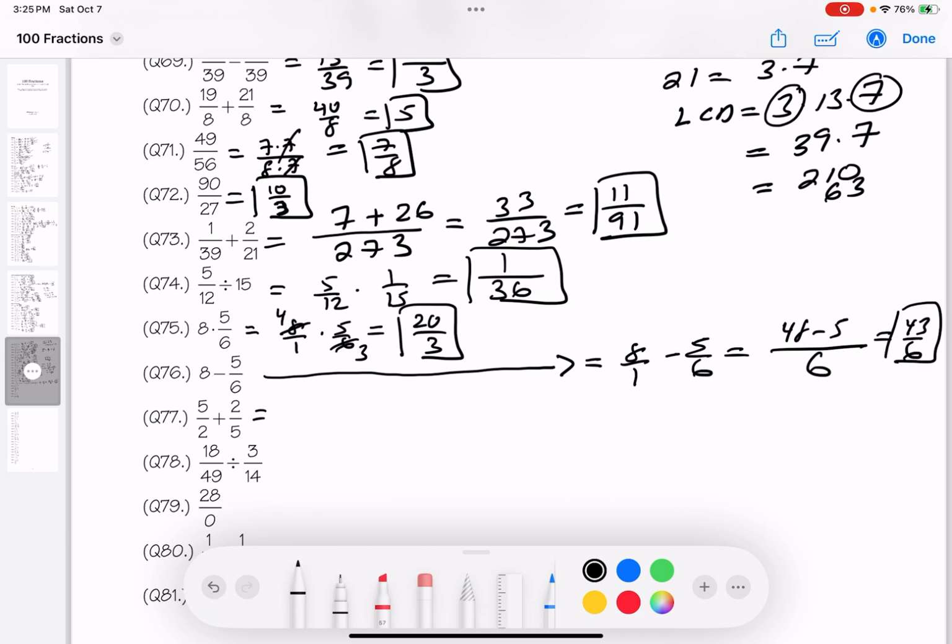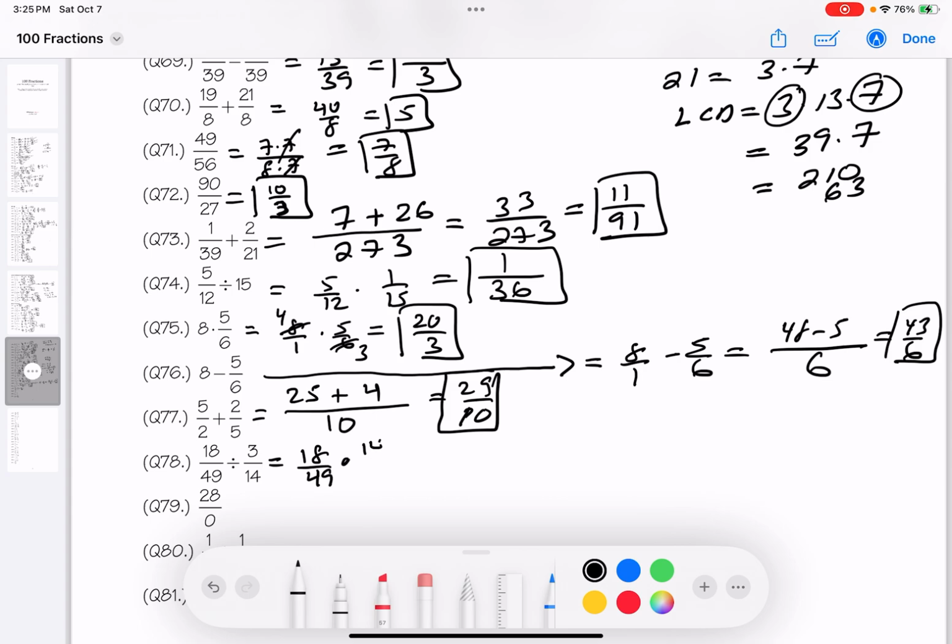What's over here? Common denominator is going to be 10. Let's see, 5 times 2 is 10, so you get 25, because 5 times 5 is 25. 2 times 5 is 10. 2 times 2 is 4. So what do you get? 29 tenths. Let's put this one down. It's 18 over 49